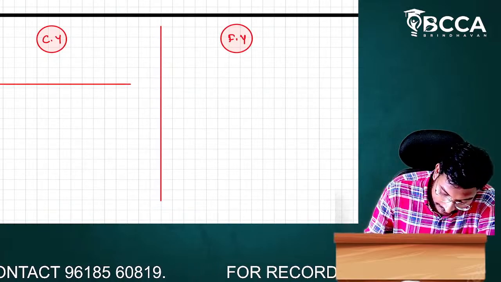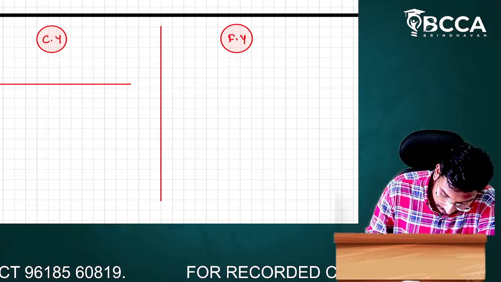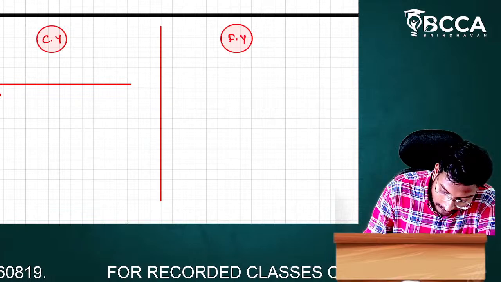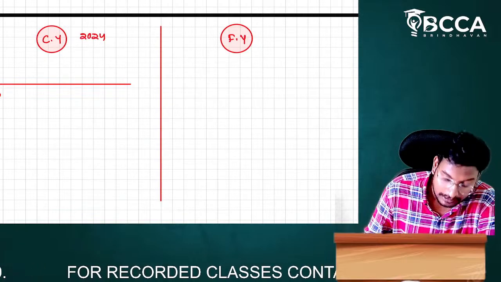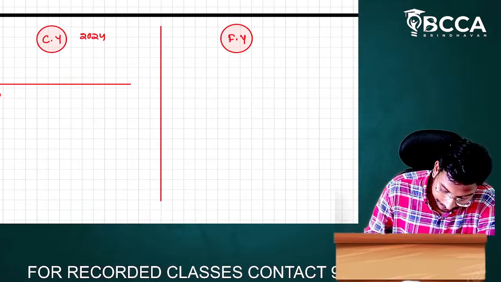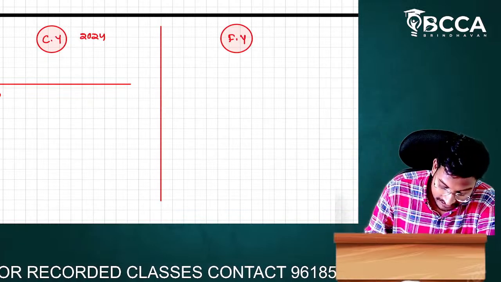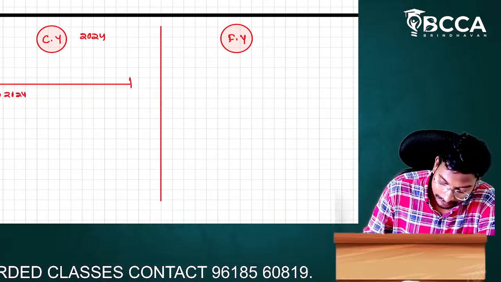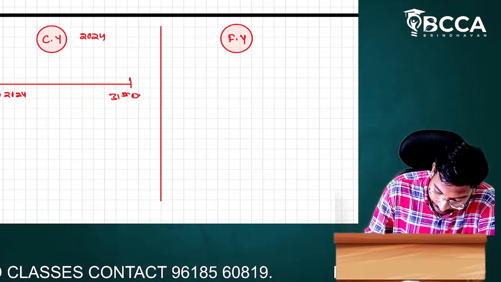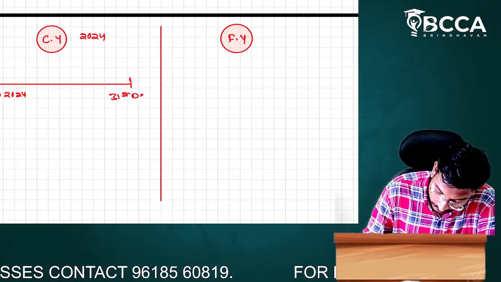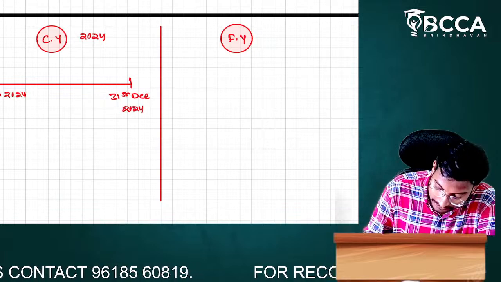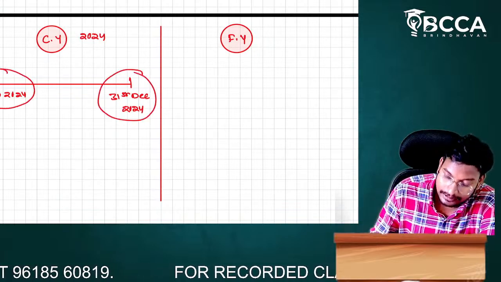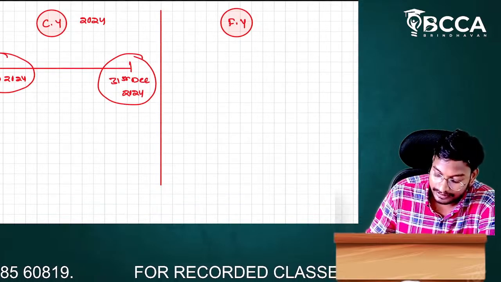Here the calendar year is starting from the 1st January. Let us assume the year is 2024. The calendar year will start from the 1st January 2024, and it will end on 31st December 2024. So this is the regular one. We see this regularly in daily life also.